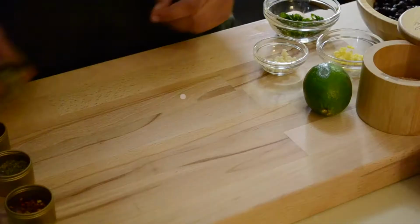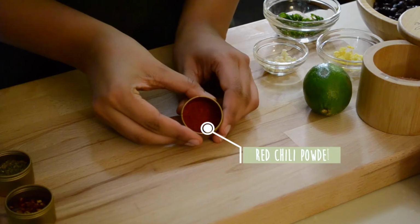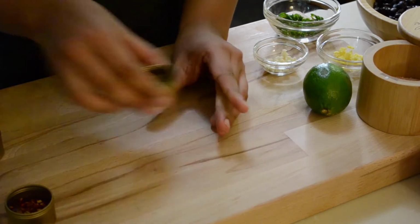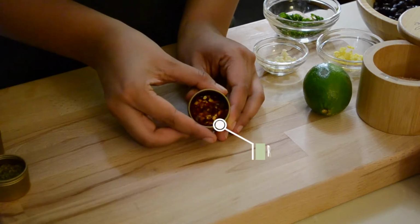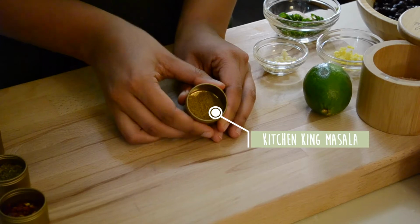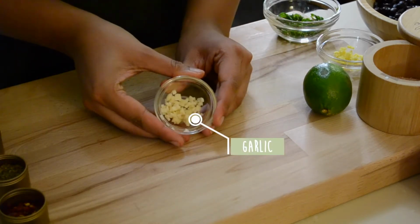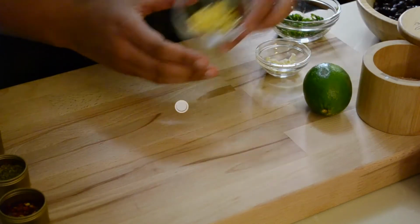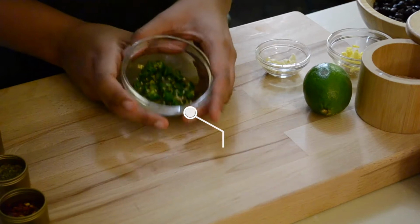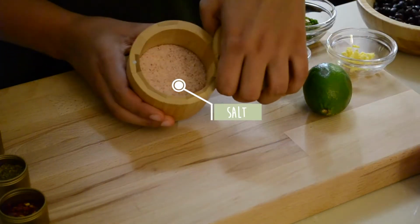For this recipe, I used oregano seasoning, red chili powder, Italian seasoning, red chili flakes, kitchen king masala, 1 clove of garlic, a small piece of ginger, 3 green chilies, salt to taste,